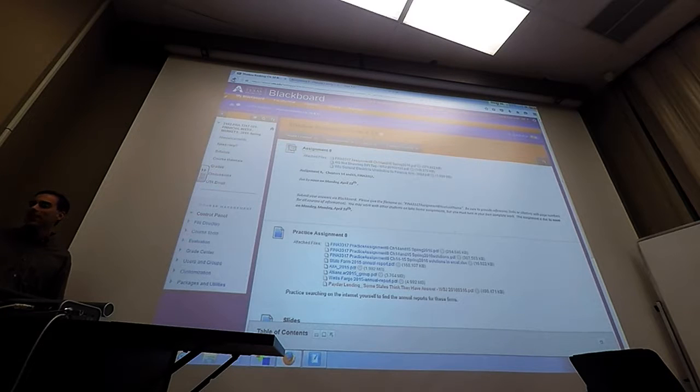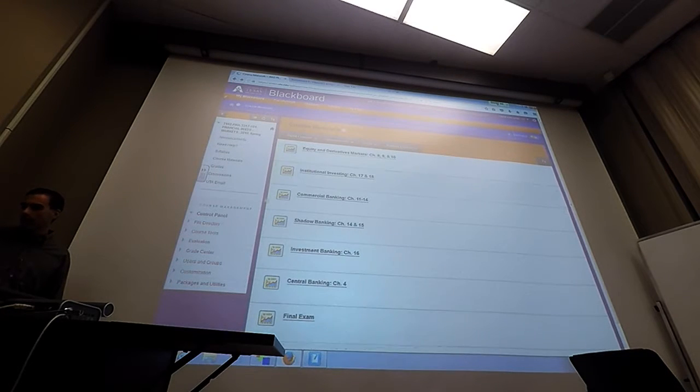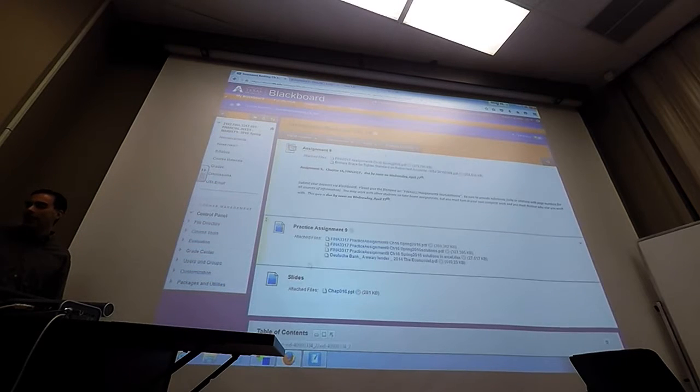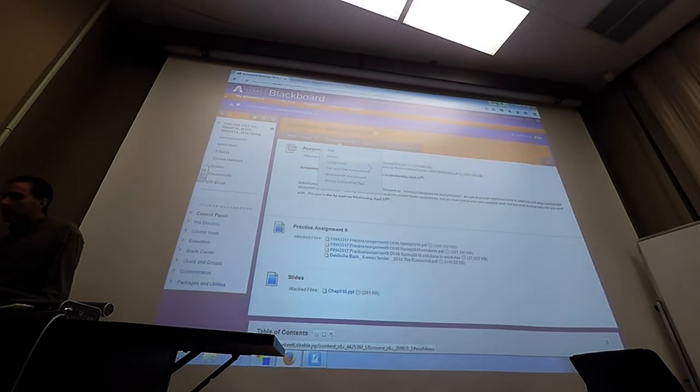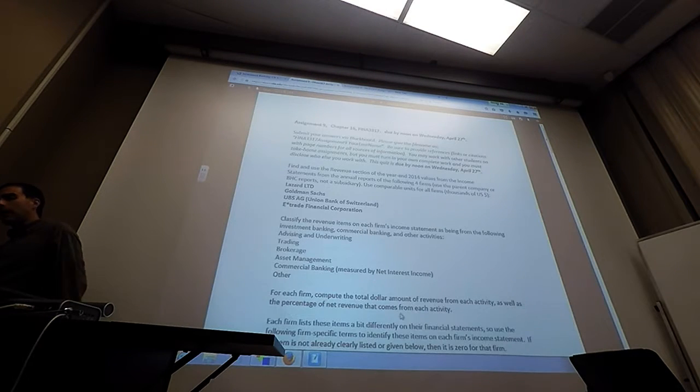What we have for the next assignment, let me show you what we got here, a little preview of it. So investment banking, we have a practice assignment. There is an article there, as well as the assignment and solutions. We can look at that briefly. And then there is the regular assignment along with an article there from the Wall Street Journal that mentions it. And let me show you what you have for the next week and a half.